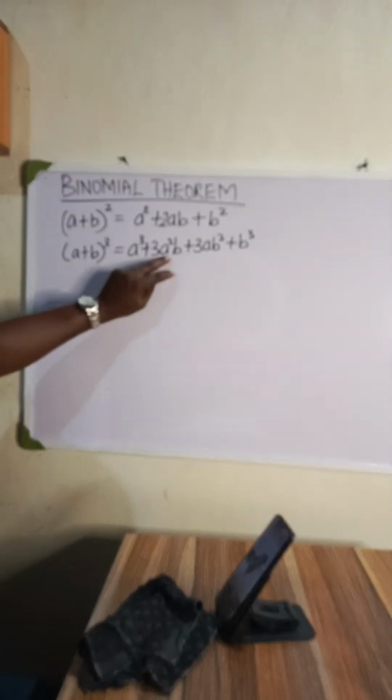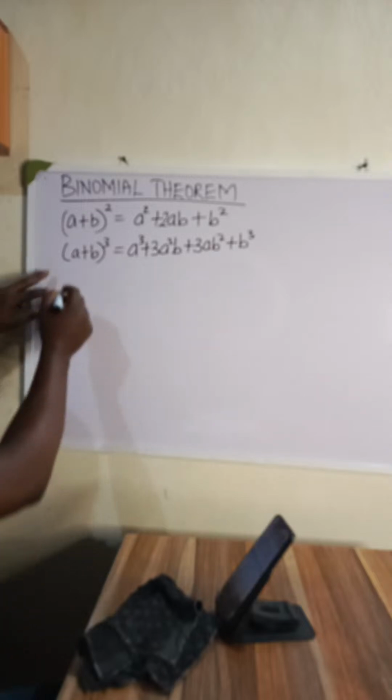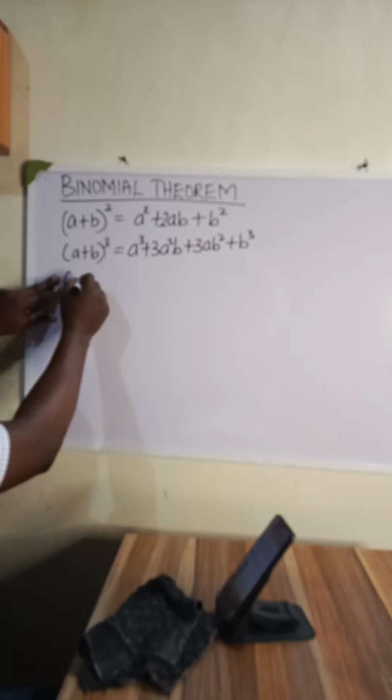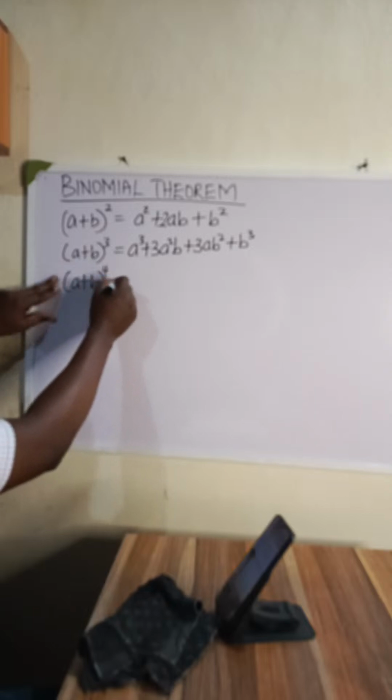Okay, so this is what we had when a plus b was to the power of 3, right? And then when a plus b is to the power of 4,